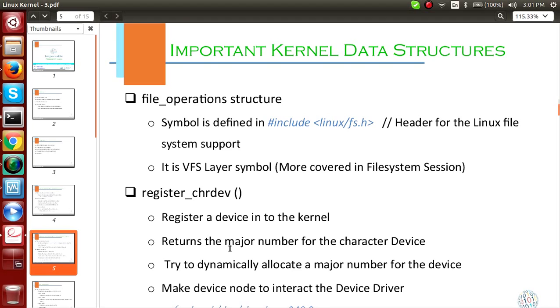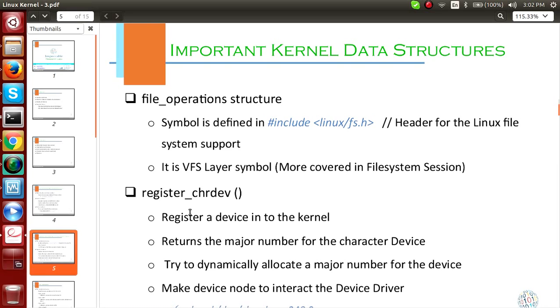This is the fundamental. There is one question you should find an answer to: what is the difference between making an open system call on a file and an open system call on a device? After doing this exercise you will come to know the difference, but a lot of things happen, so you need to explore that also.